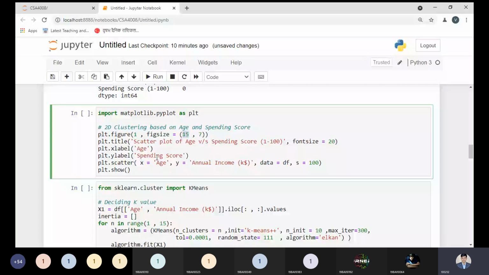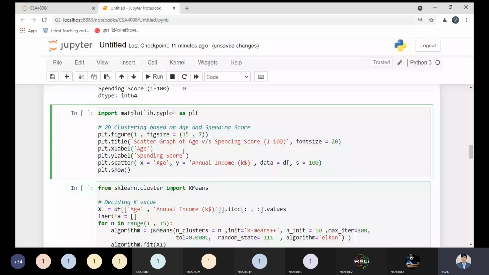I can write over here the plot, or you can use this graph, then you can use scatter graph. The graph of spending score. Font size we have is 20. If you want to reduce, then you can. On the X label, I want to use the age, because age would be my independent variable, based on which I'm making the cluster.